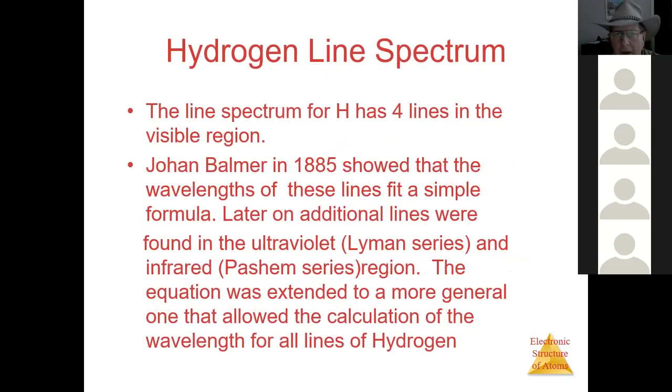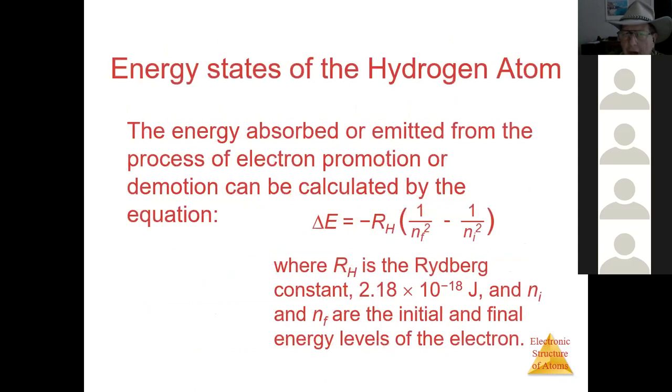And Bohr's theory was borne out by some high school teachers. They were sitting around playing with numbers, and Balmer came up with the original formula. Later on, it was perfected by a guy by the name of Rydberg, and it's his equation that we're using today. And what Rydberg said, the change in energy from one orbital to the other is equal to negative,